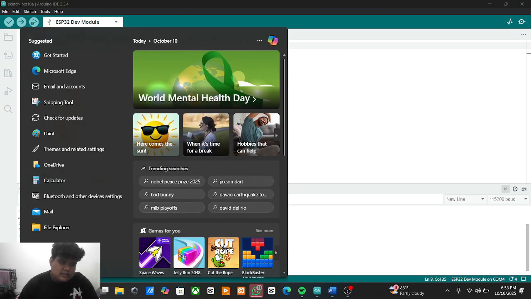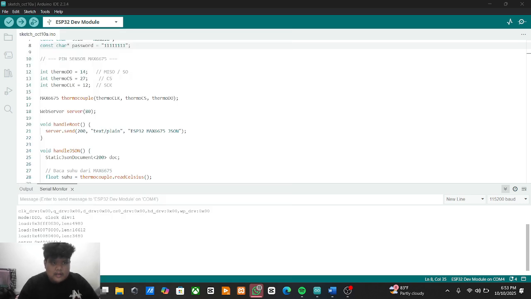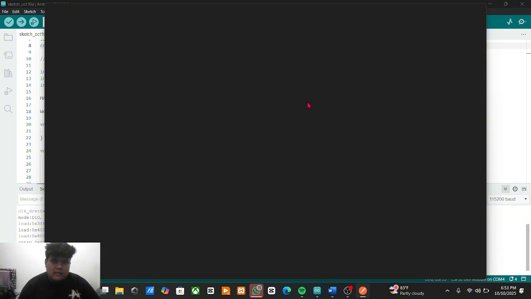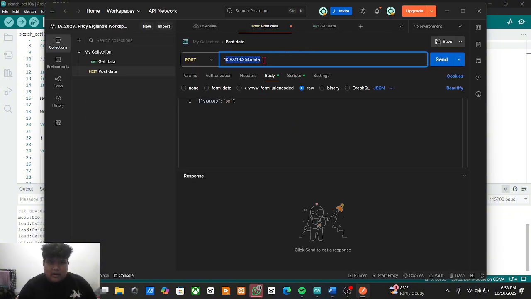We go to the next step, which is Postman. Here, paste the IP address into this form and then get the slice data.